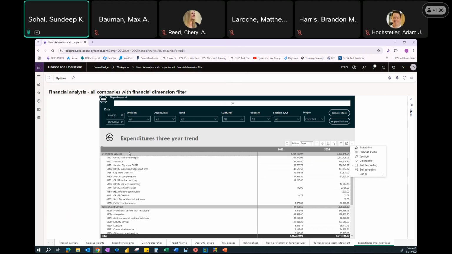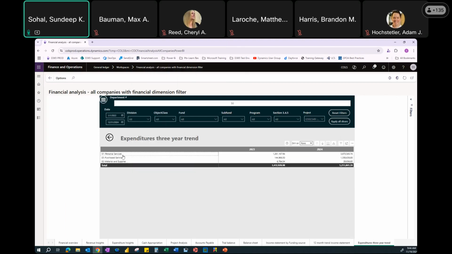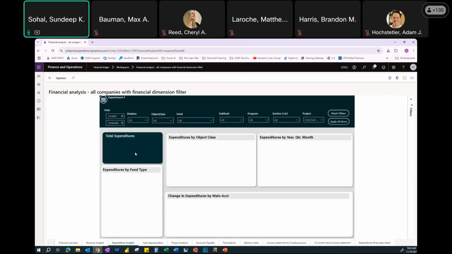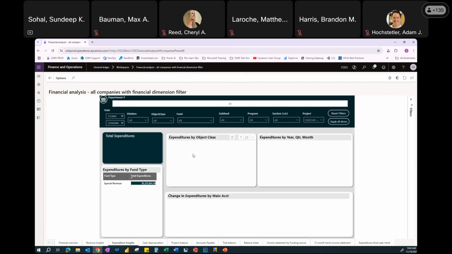When you see this financial reporting type visual, you won't be able to drill through anywhere. So if you want to see additional details and get to vouchers or anything, we're looking at expenditures. So let's switch to expenditures insights. Filters carry over, and then from here,